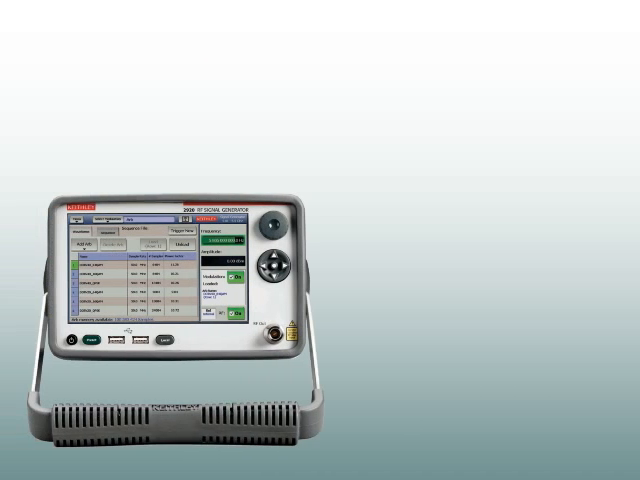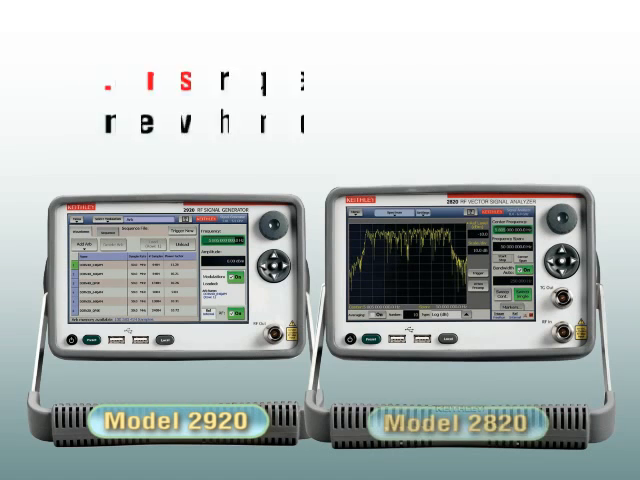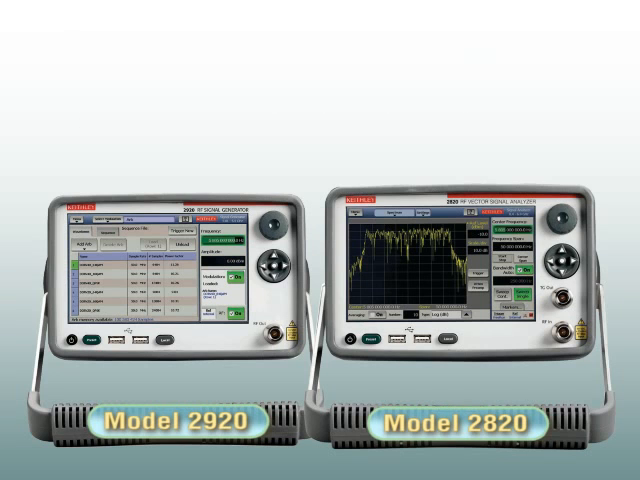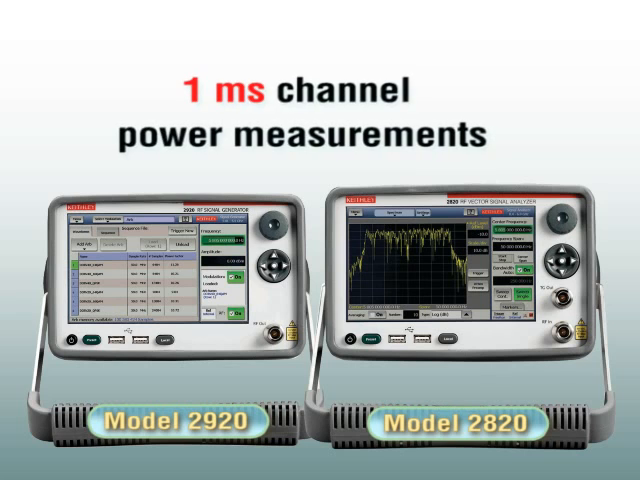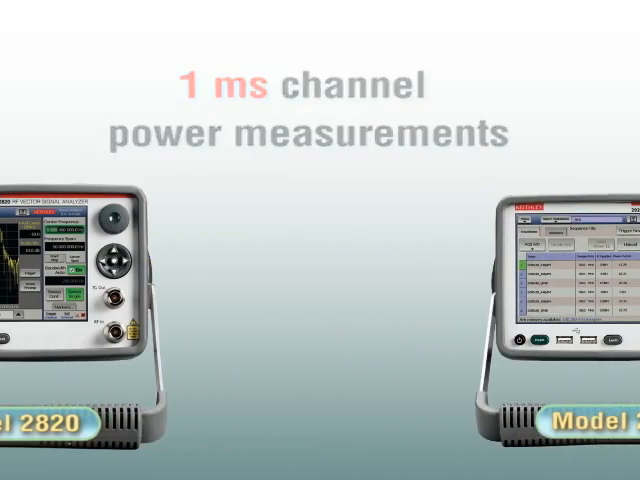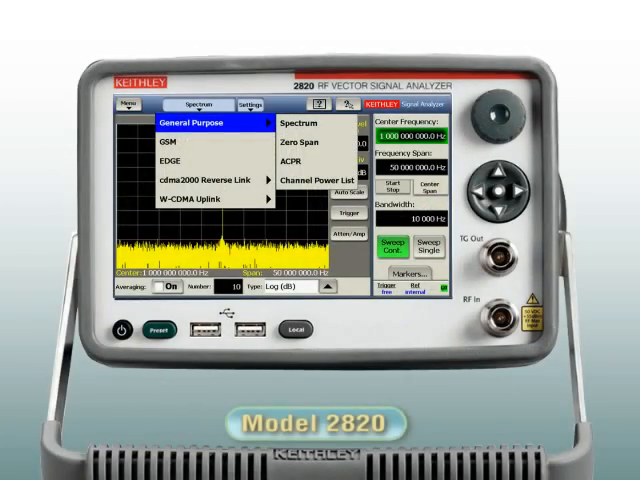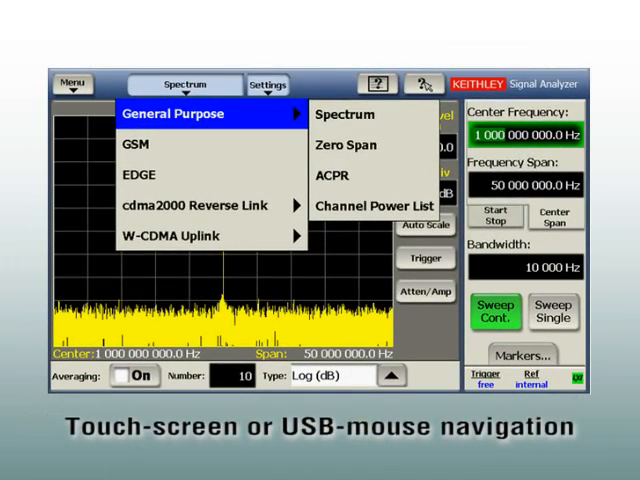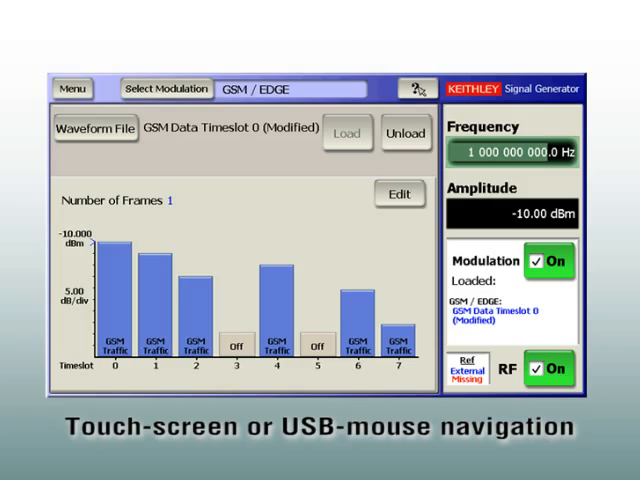Reduce the time to take these RF measurements with performance such as 1.8 millisecond frequency switching time with modulated signals and 1 millisecond channel power measurements. Get all this capability in less than half the space of traditional RF equipment. Use the touchscreen or a USB mouse to navigate the Windows-based environment and bypass the complexity of the numerous buttons